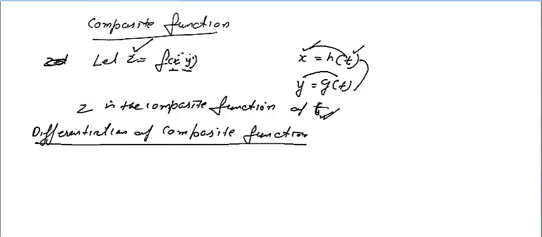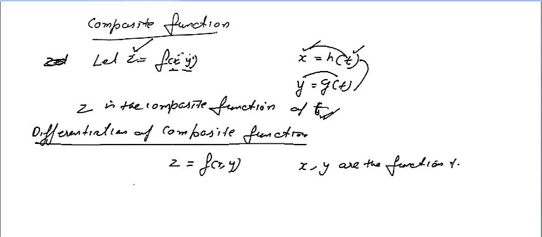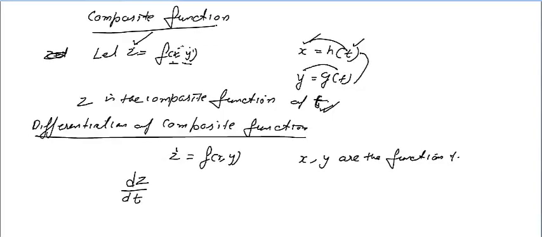So what I am going to do, the same thing I will take. z is a function f(x, y), and x and y both are functions of t. Then the derivative, very interesting. Total derivative is a complete derivative, not a partial derivative, because z is depending upon t, only one variable. So how we will find?